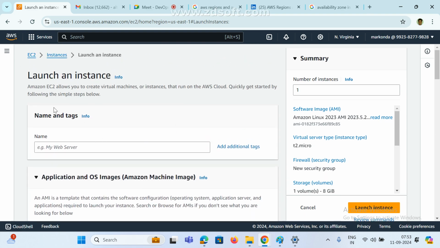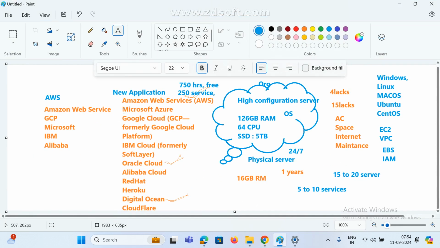But before that, we need to understand some basics. So what is what? I hope you got it, right? Does anyone have any doubt as of now? Why do you go for cloud? Not only AWS, if you want, we can create a GCP account, or a Microsoft Azure account. But these people won't give this much free hours. For practice purposes, my suggestion is AWS cloud is the best.